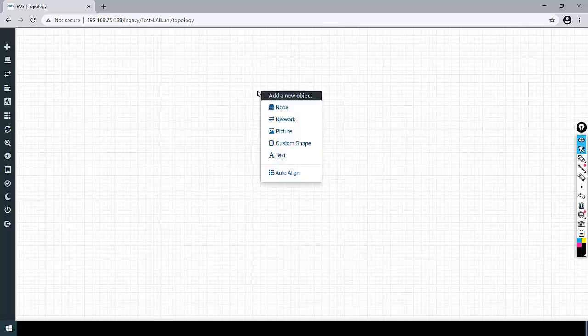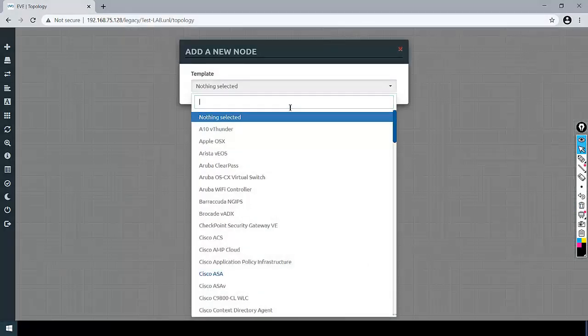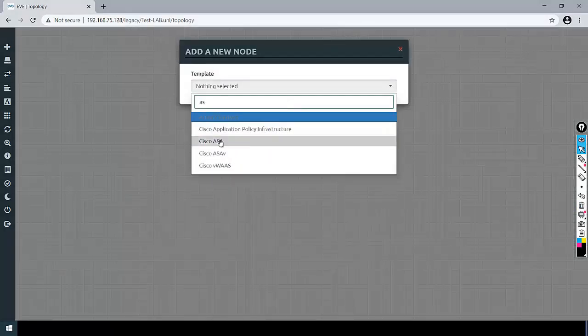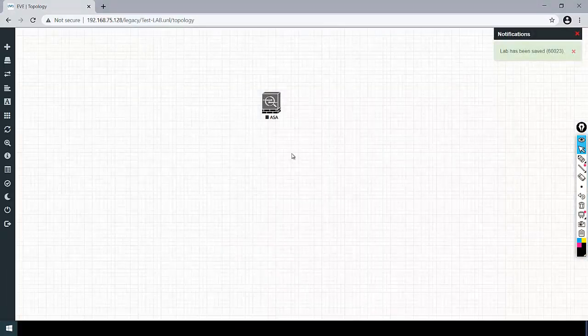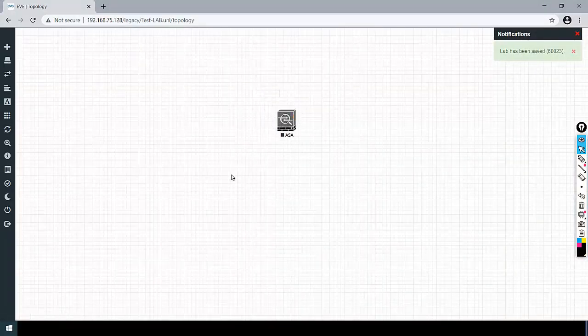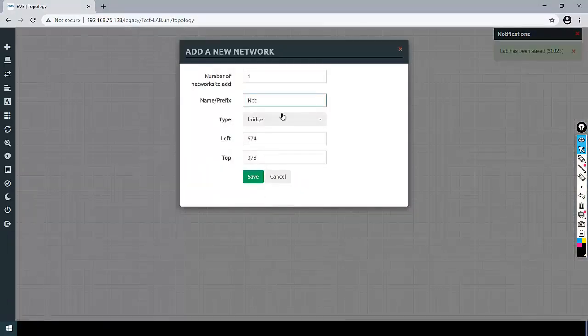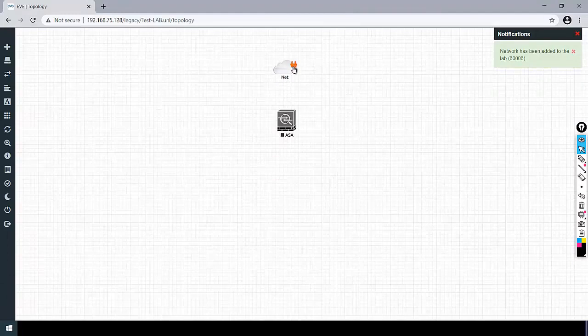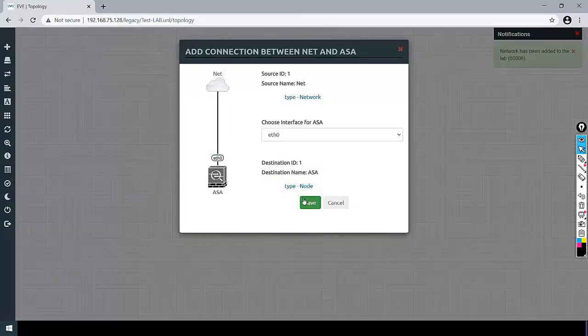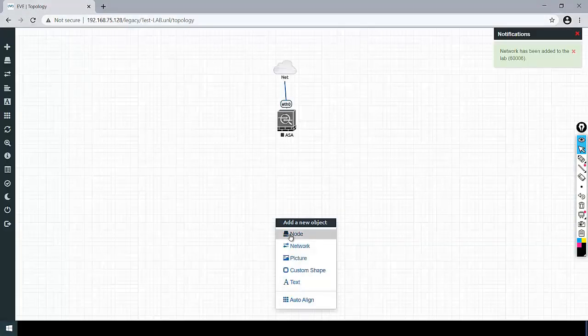So let's start adding the devices. Let's start with searching for ASA. Give it 1 gig of RAM. Save it. ASA is there. Next we will add a network. We will use the management 0 or Cloud 0 interface. Add this interface to the firewall. Next we will add